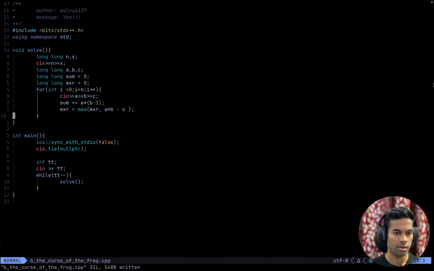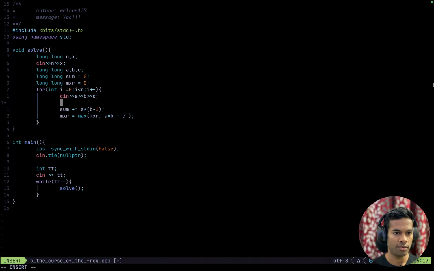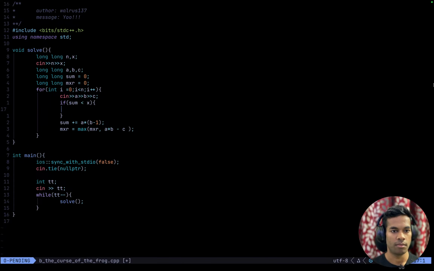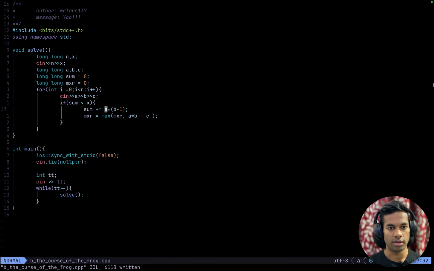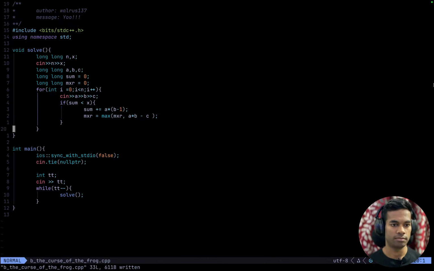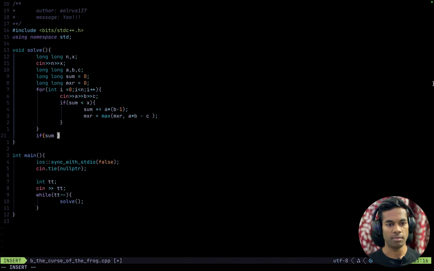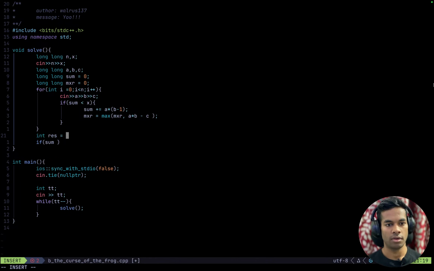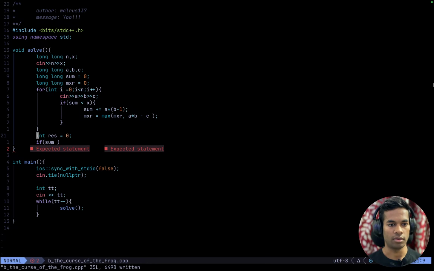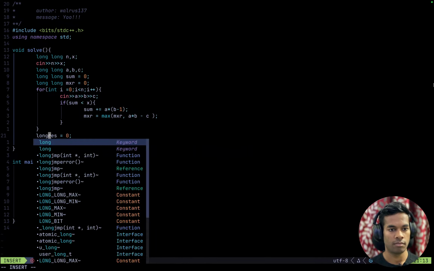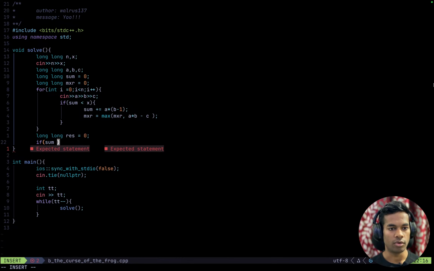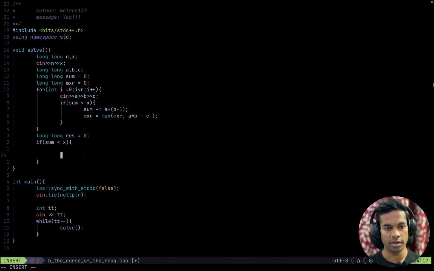Yeah, and we will only do this if sum is smaller than x, because we are multiplying two long integers together and adding it to sum. We do not want to do this a lot. So here, if sum is, and also interest equals 0, or long rest equals 0, and if sum is still smaller than the target,